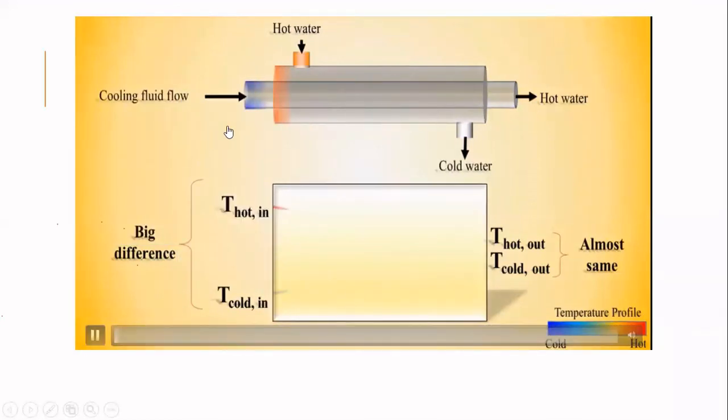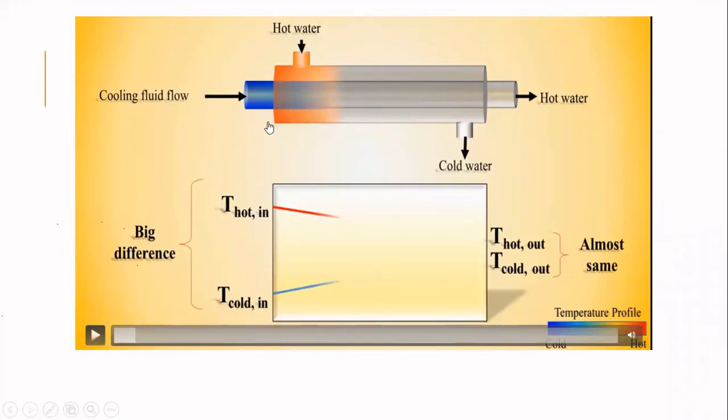Here you can see that one fluid is flowing through the inside pipe. It is blue in color. Here also you can see that this entire portion is blue in color. It means that it is the cold fluid. And this orange one, this is the hot fluid. The hot fluid right now is flowing in the annular region, and this cold fluid is flowing through the inside pipe.